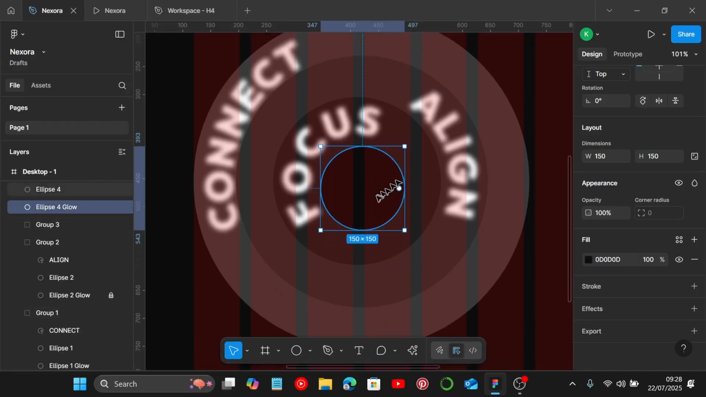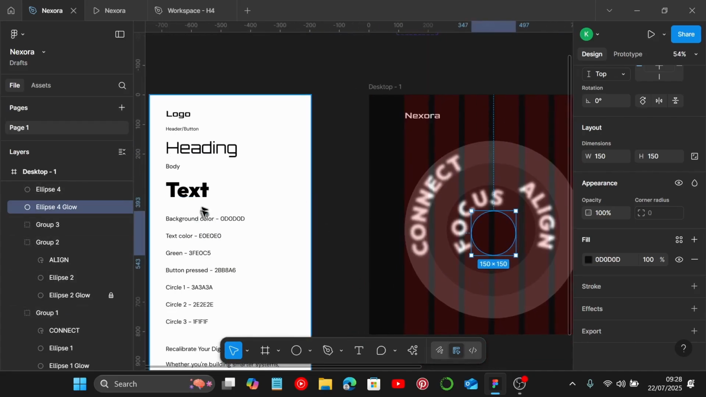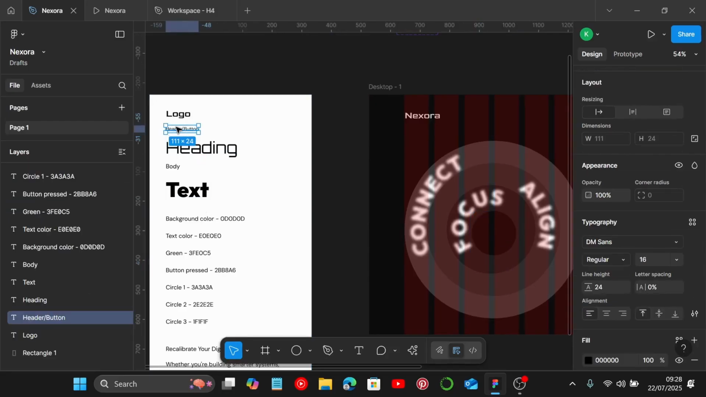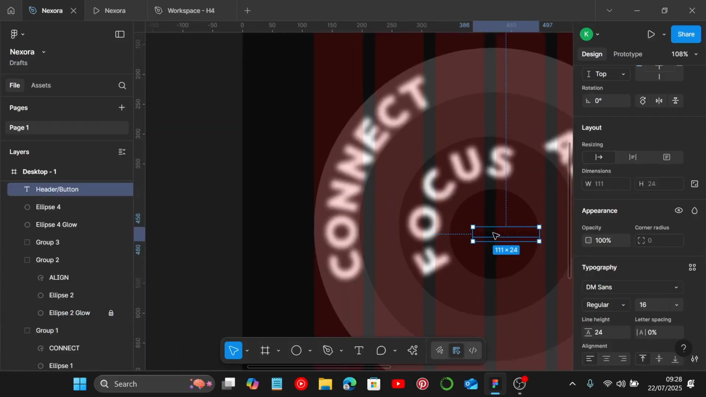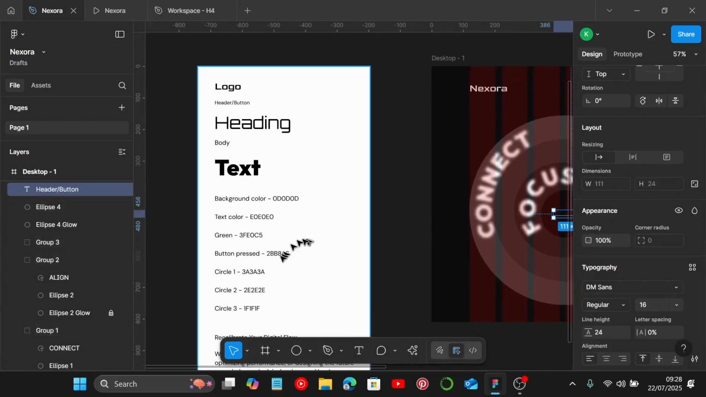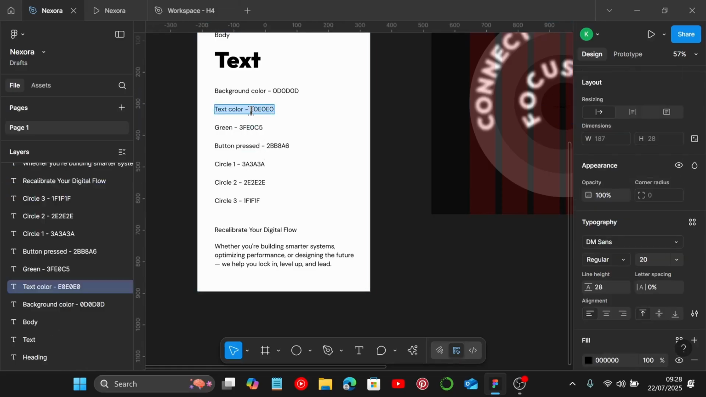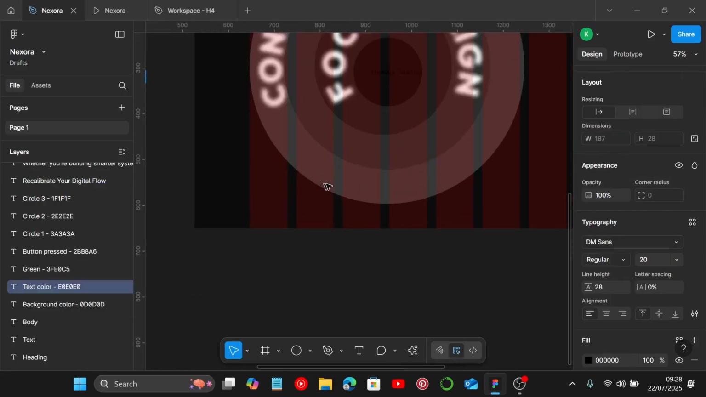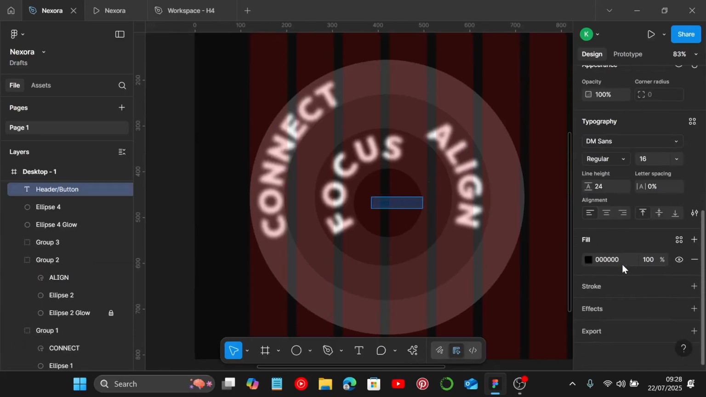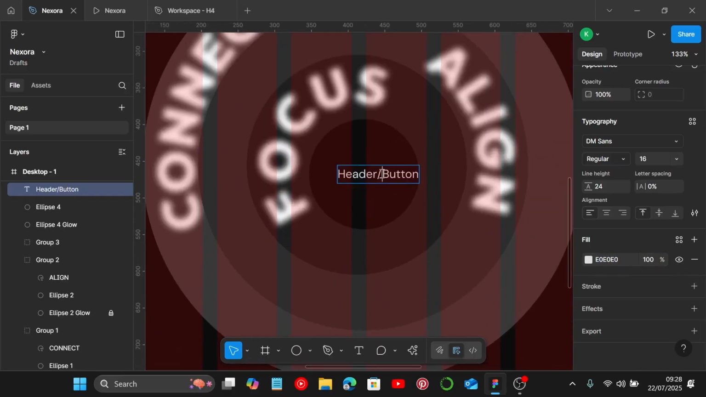Now we're going to create another button. So let me go to our text. We have this, it says header slash button, so I'm just going to grab a copy of this like that. Next, I'm going to change the text color for this, and I'm going to change the fill of this particular color to this. I'm just going to write the text because we're only going to use it here. So this is going to be launch now,